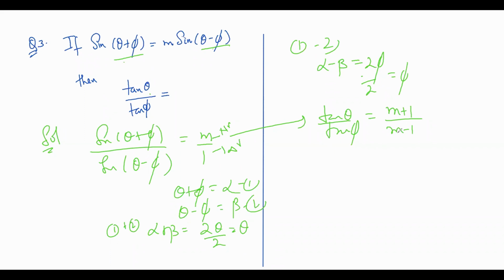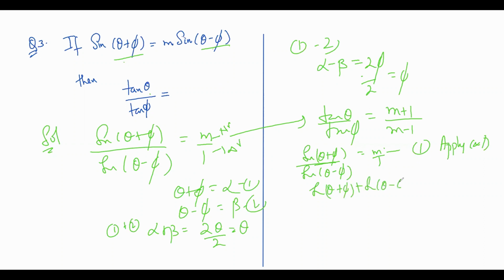I'm just solving it, that will make the process of learning easier. Okay, so I'm just solving it. How I solved it: this is given to us, sine theta plus phi upon sine theta minus phi, and if I apply componendo and dividendo here, I get sine theta plus phi plus